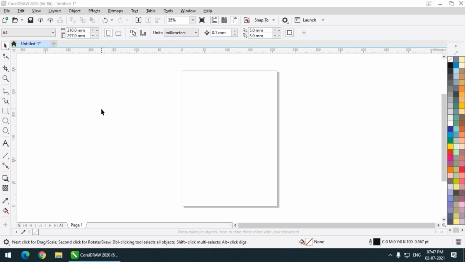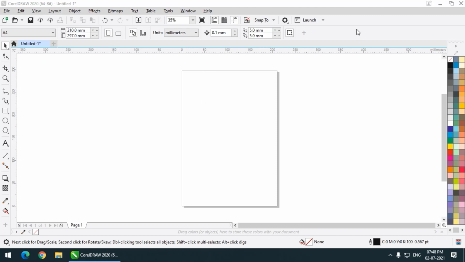First of all, let me give you an introduction to CorelDRAW. As we can see, the layout or the interface of CorelDRAW is pretty simple. We have the menu bar at the top, right below the menu bar we have the property bar, and we have the toolbox and the workspace. How to check the names of these particular bars?